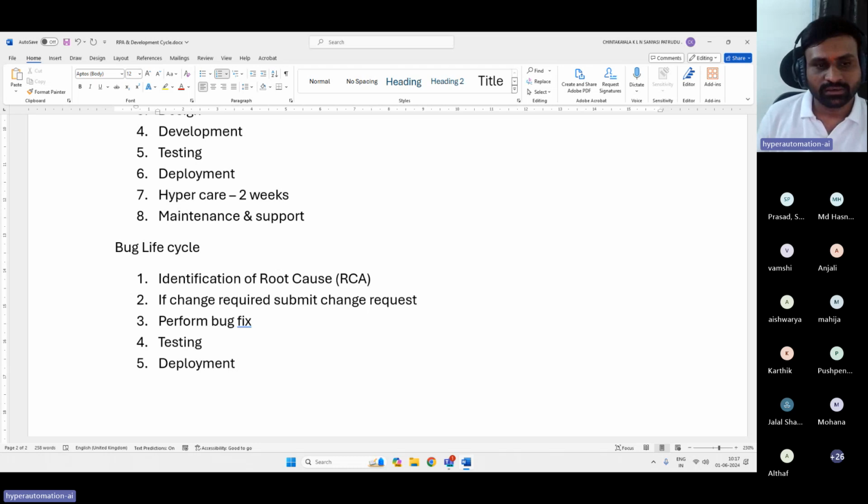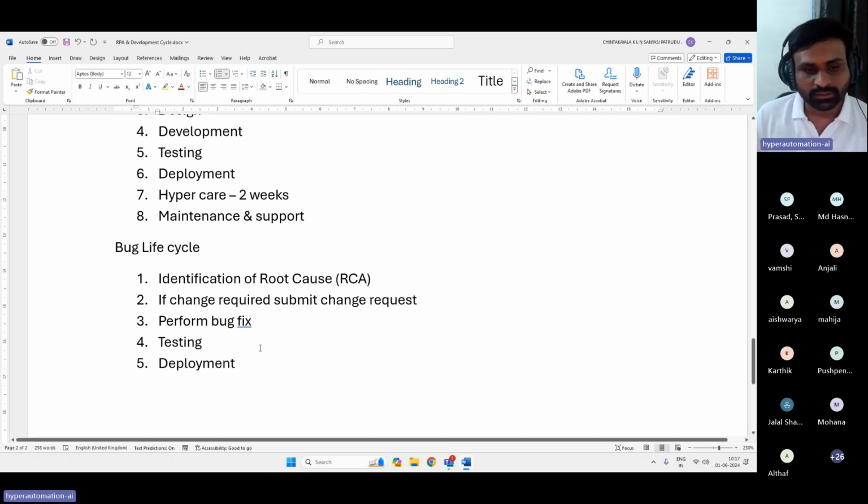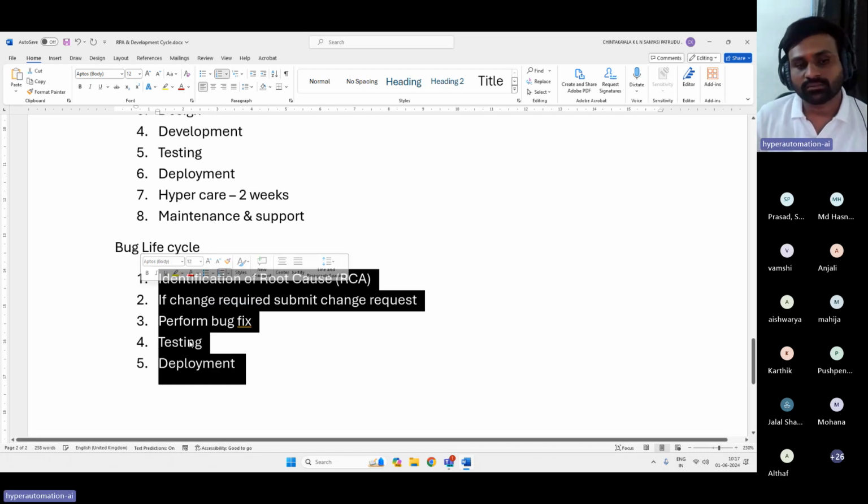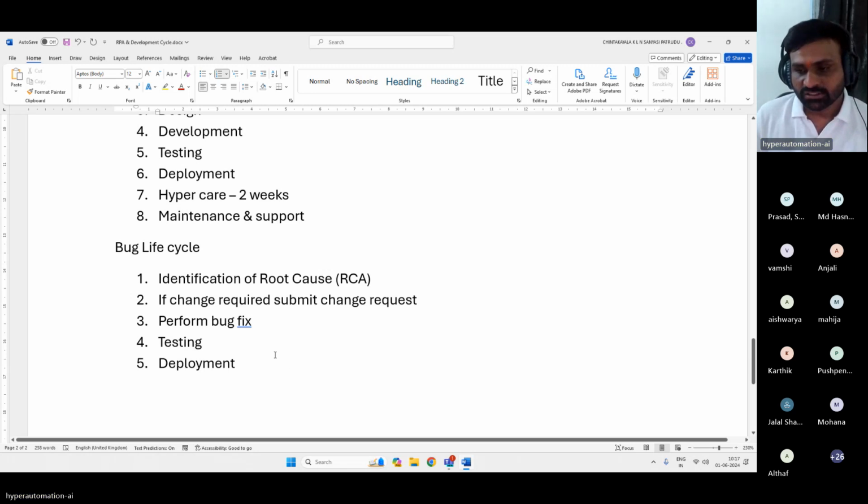Again, it will go to maintenance and support. It's a cycle. As soon as the issue comes, you do the RCA, and if a change is required, we create a change request, then perform the fix, then do the testing, and then go for deployment. So it is the same. This will keep on going once the product solution is moved into production. We will come to each of the phases as well.